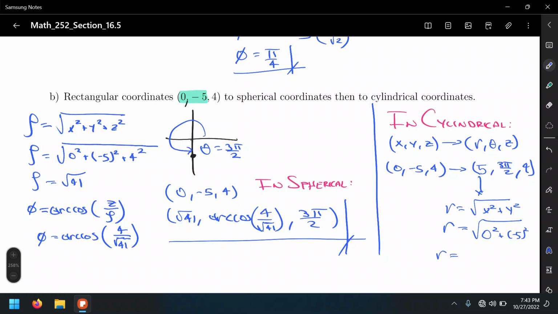R equals the square root of 25, which is 5 units, the same as what we got by just observing the picture, which is a valid move. However,